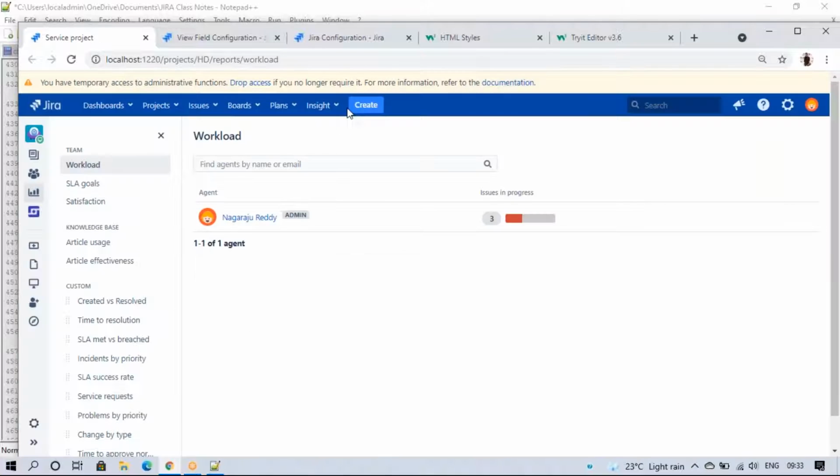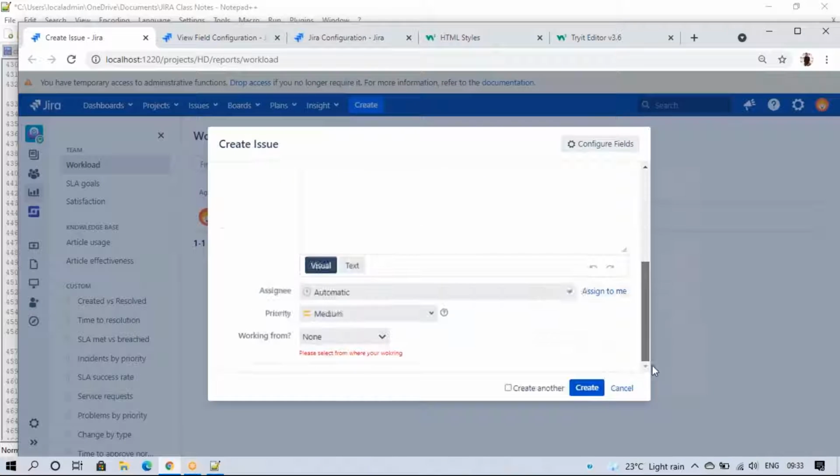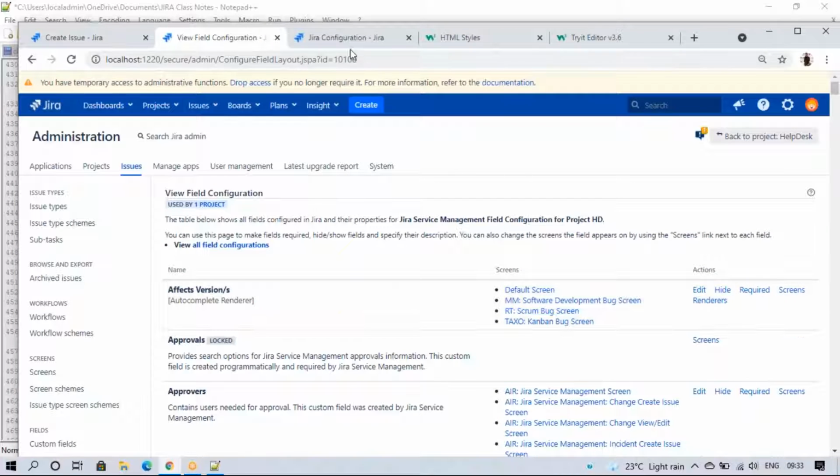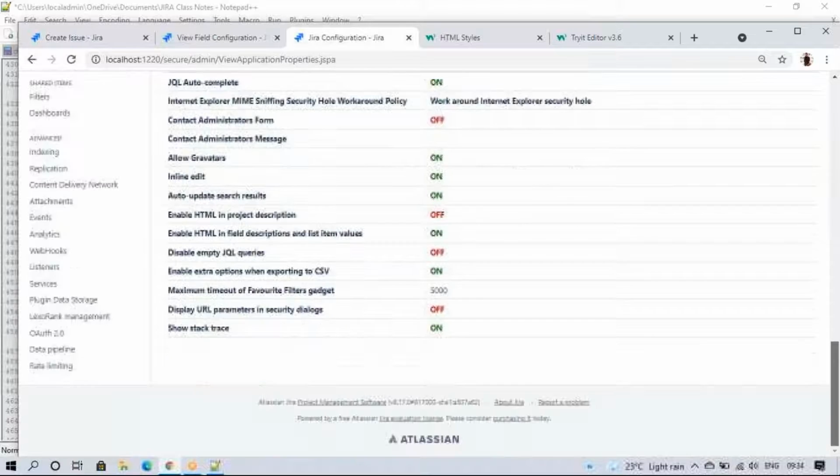Now if I create, see, the code is working now. Before, the code did not work because of this option. Now I turned this on, that's why it will work, or else it will not work. The same applies to the project description. If you go to the project and project settings, details place, we have those options, and if you want to write any different code, we can turn that on as well.